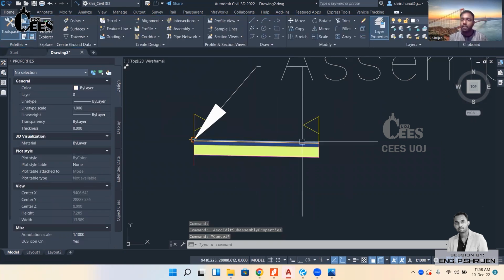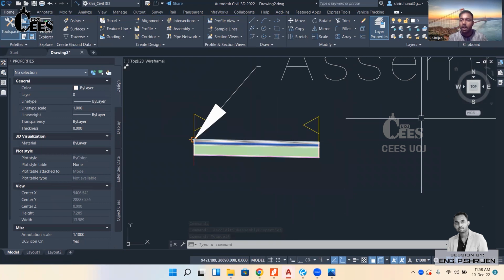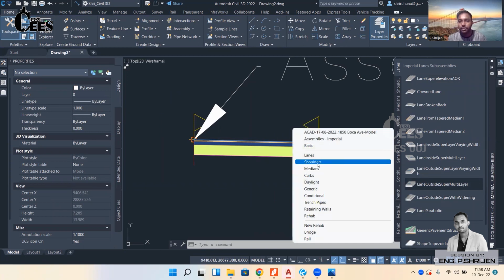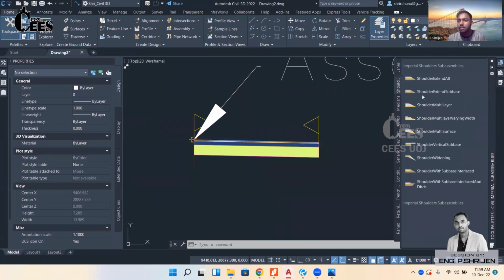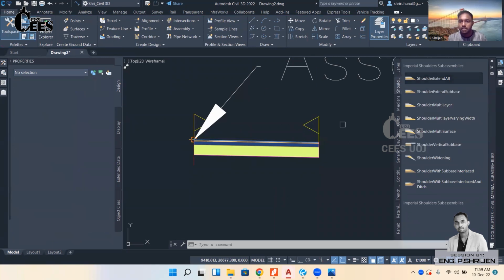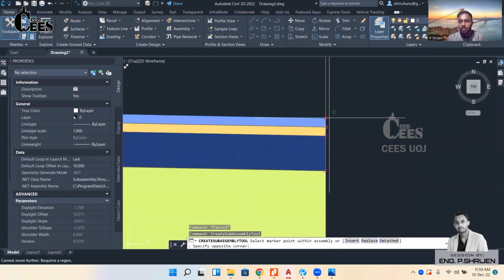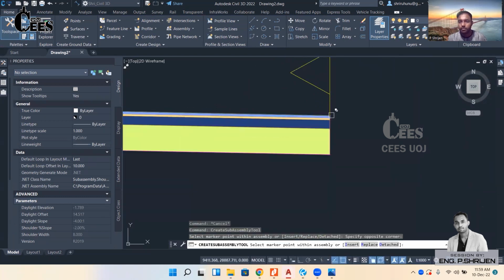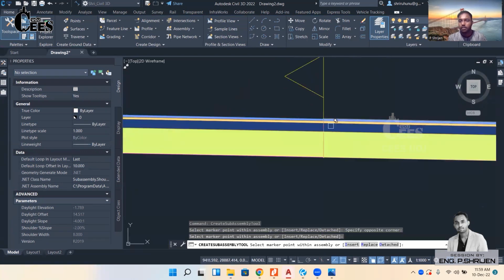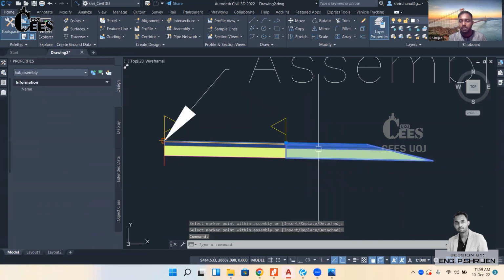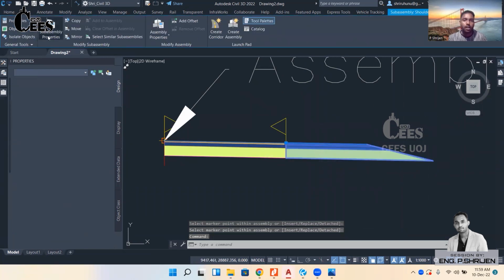Again, now I place the lane. After that, I am going to add the daylights, or before that I'm going to add a shoulder. So I'm going to come with the shoulders and go with shoulder extent and press OK. Now I add the shoulders, but I think the width of the shoulder is too high, so I'm going to